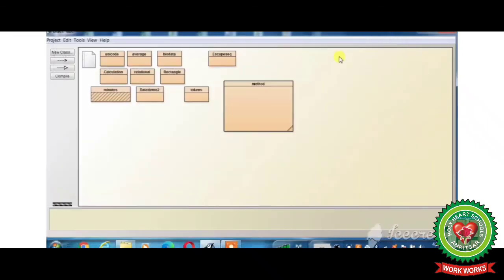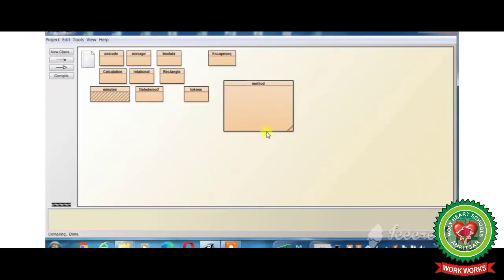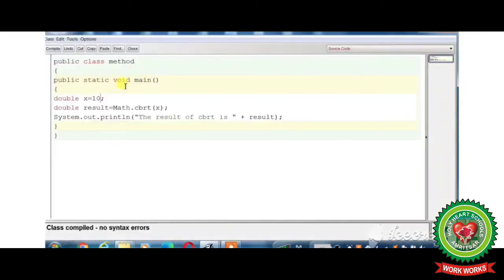Now we will use the next function, that is ceil. So we will double click on the class icon to open it. Here we will use the ceil function that accepts one argument and returns the closest integer that is greater than or equal to the argument. So here the value of x we can take as 45.6, and in place of cbrt we will write ceil and the result of ceil is.